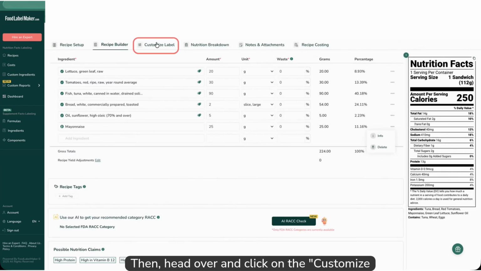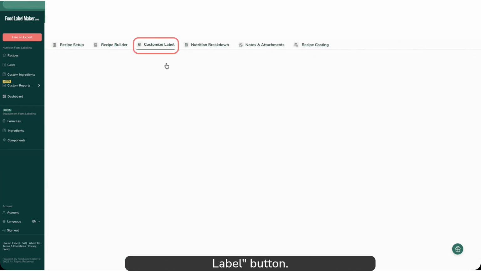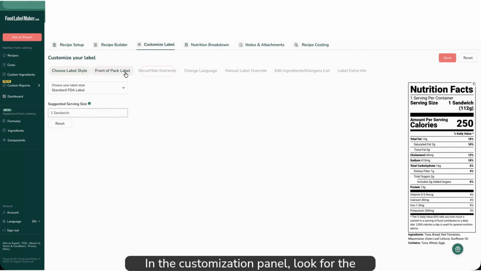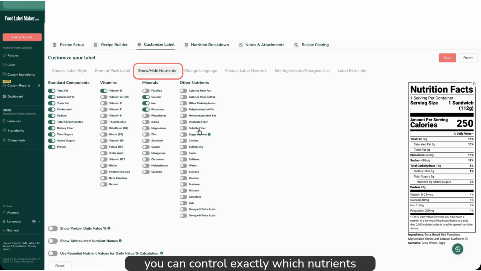Then head over and click on the Customize Label button. In the Customization panel, look for the section called Show Hide Nutrients, where you can control exactly which nutrients appear on your label. To add omega-3 or omega-6, simply switch on the toggles for these two nutrients you want to